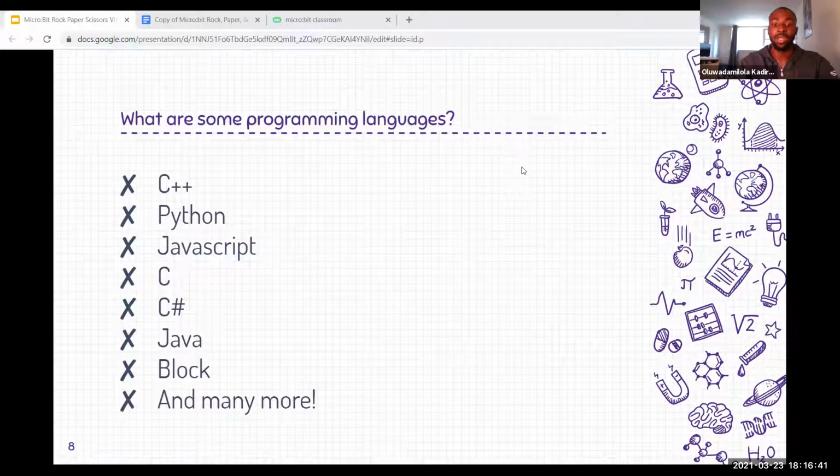JavaScript is a language that people use to design websites. HTML is also a language that's used to design websites. Languages like Java, on the other hand, are very useful for designing applications, so for things like video games and Snapchat, languages like Java, C++, and C are very useful for designing them.